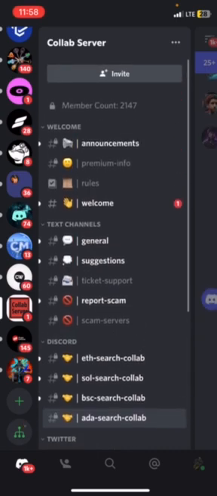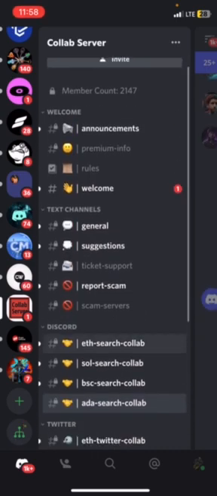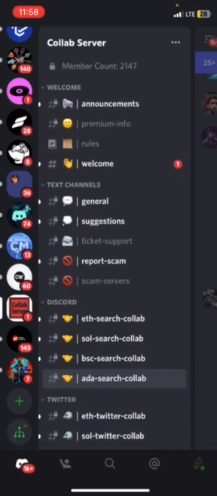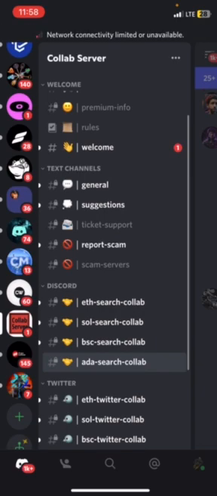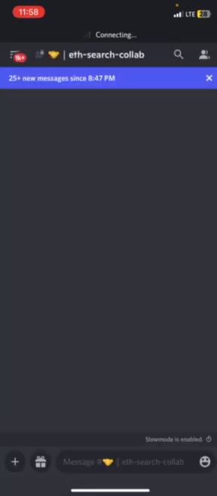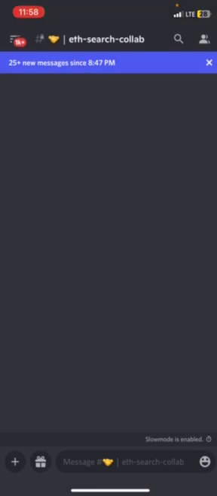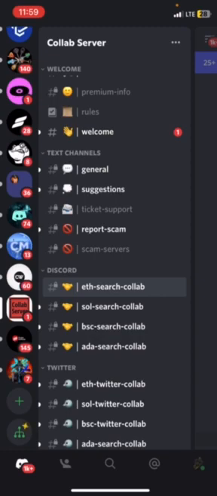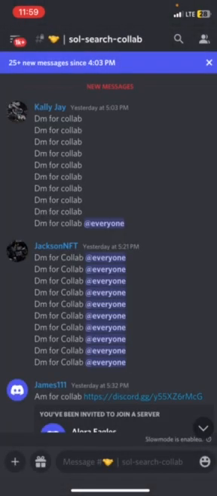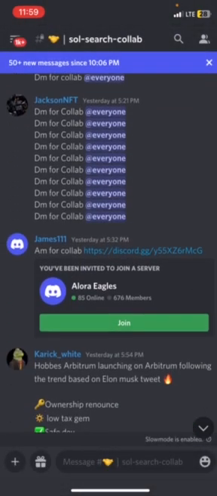As you can see, this is a Collab server where a lot of Collab managers drop different projects. So let me come to this Ethereum search Collab. Right, my network is not good. Okay, as you can see,